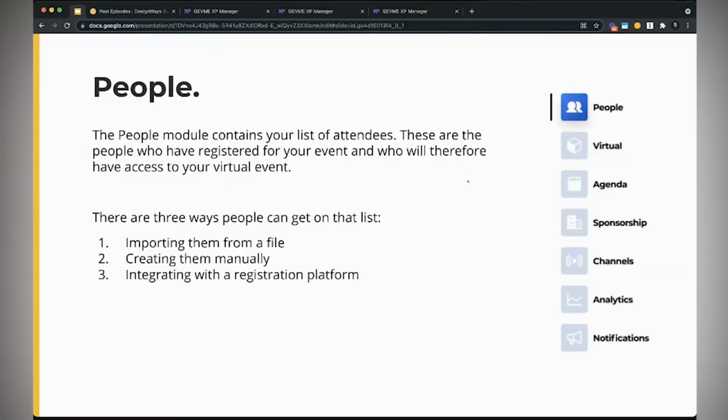And now the features will actually be what you will be seeing in the backend of our application. So the screenshot on the right here is actually how our menu looks like in GEVME Virtual. So to start with, we have the people module, which consists in a nutshell of your list of attendees. So these are the people who have registered for your event and who therefore will have access to the virtual